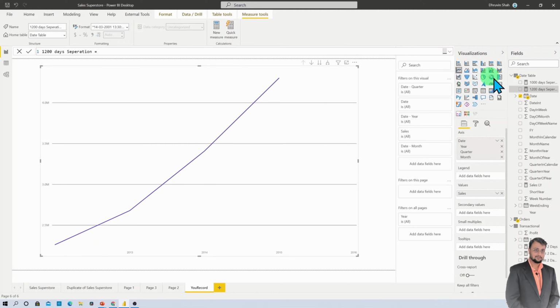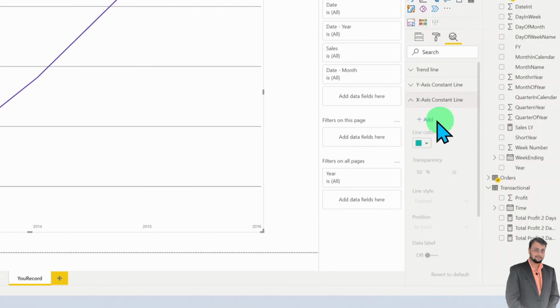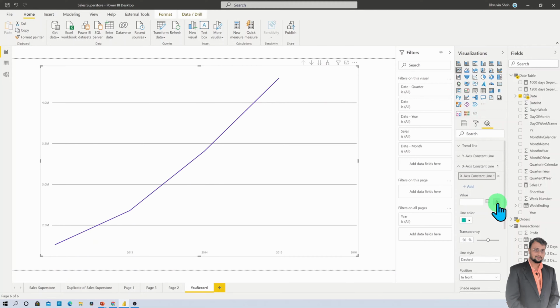Now we need to provide this dynamic value to our x-axis constant line. For that, select your visualization, go to the analytics section and expand the x-axis constant line. Click on add, and now you need to provide the dynamic value over here. You can see this formula icon over here. Earlier there was only an option to add a static date from the value section, but now we have the flexibility to make this date configurable. For that, click on this formula button,